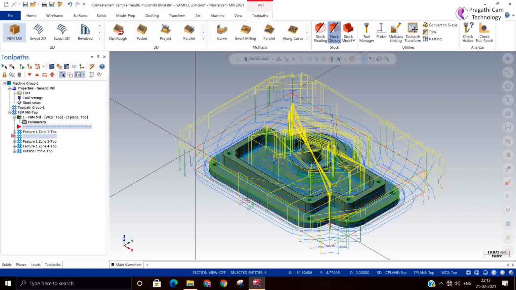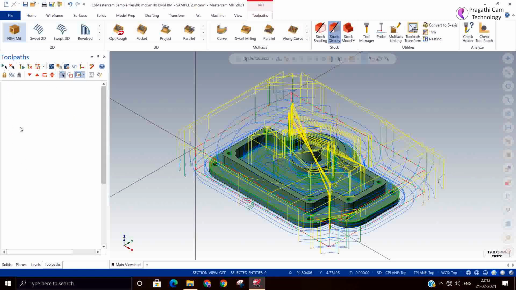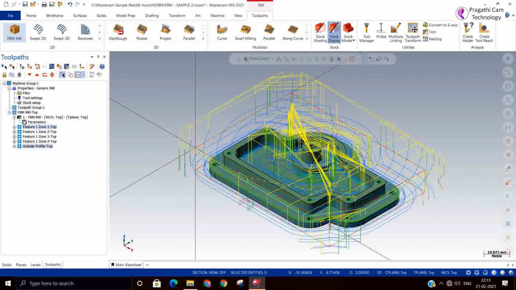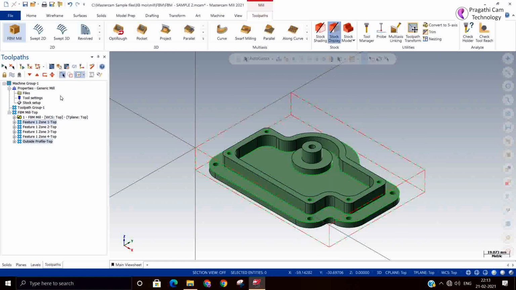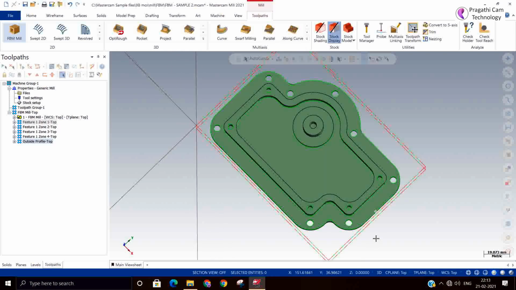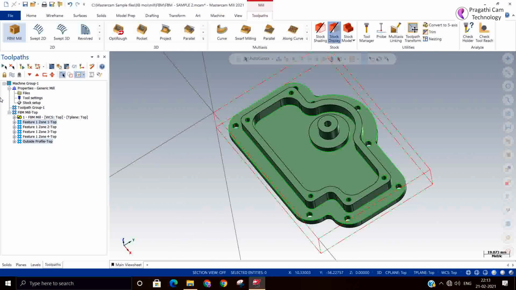The same component you can use for drilling, feature based drilling. So now I'll just rearrange this. Next I'll go for toolpath. So now we have seen feature based milling. Now we'll go for feature based drilling. Some holes are through holes, some holes are blind holes.